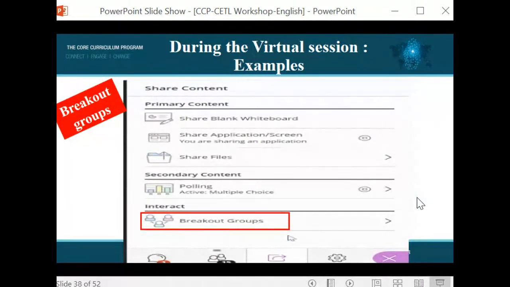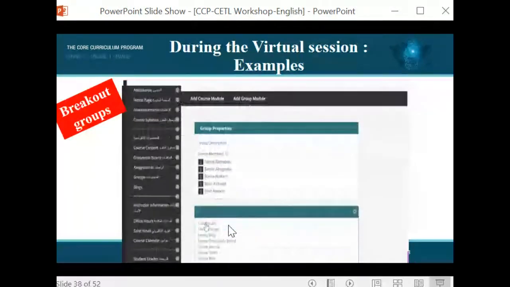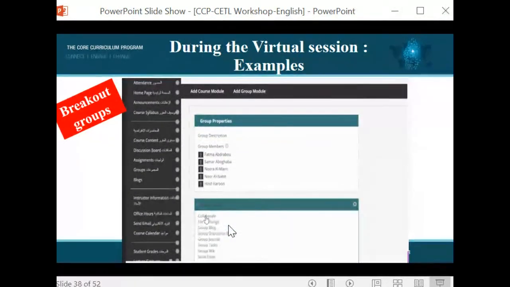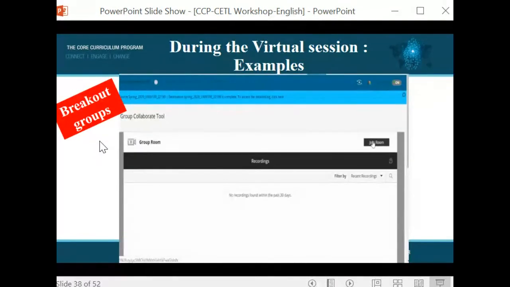It could be on Blackboard Collaborate Ultra. Within this, we click on this icon. Of course, after this icon, then this icon, or on Blackboard, but with using the Groups Collaborate tool. This is, for example, a group activity using the Groups Collaborate tool. So after going to setting the group, we go to Groups, then we click to Collaborate, and then we have to join each room here